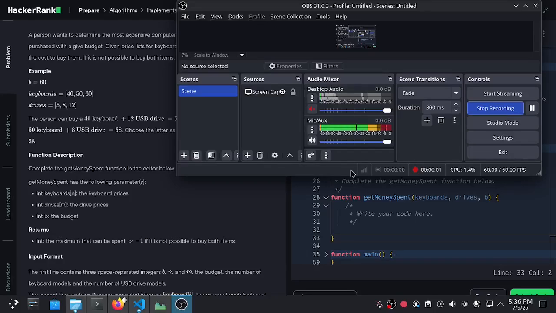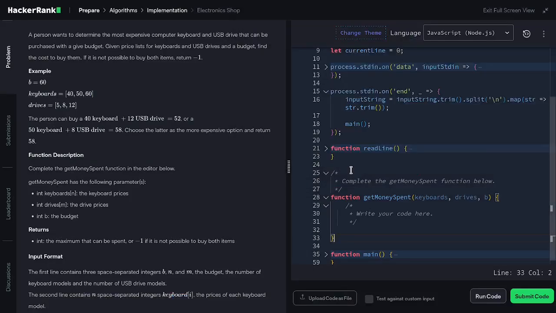Hello everyone, I'm Alfian and today we are going to solve the Hackerrank challenge on the problem solving section called the electronic shop. And for this particular challenge, we are tasked to